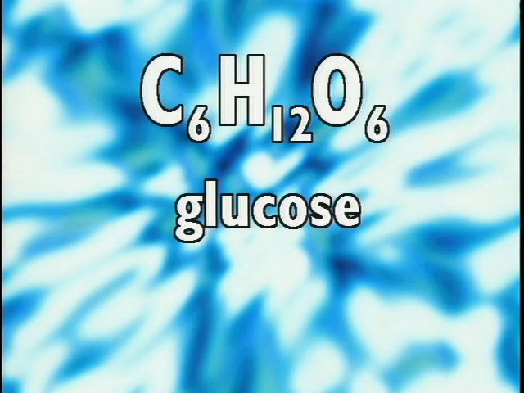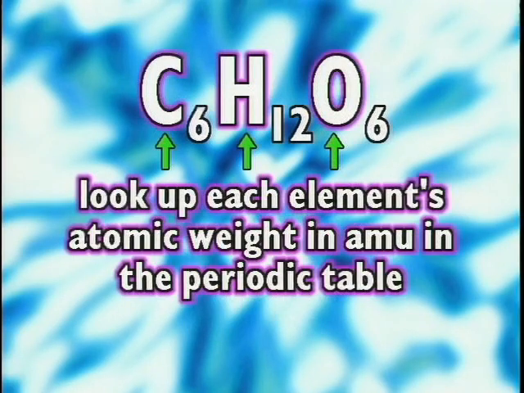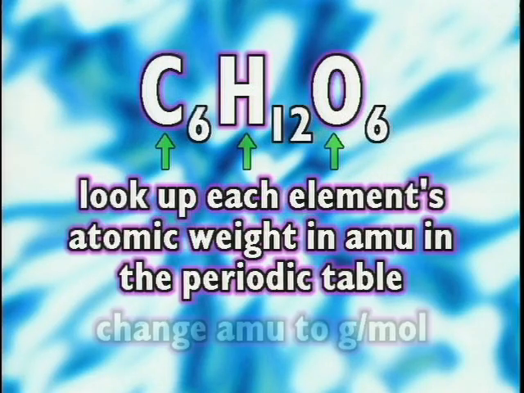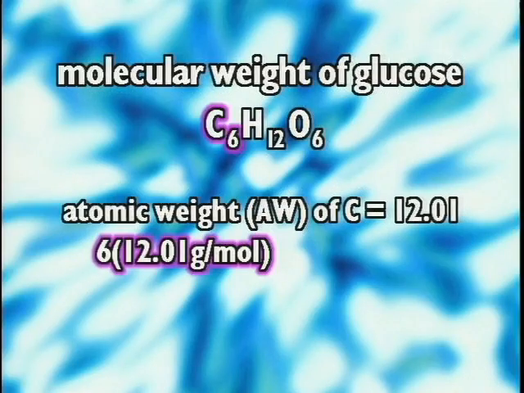Like we did before, we'll express the weight in grams per mole. Remember, it's easy to find each element's weight in grams per mole. You just look up each atomic weight in AMUs in the periodic table and change the AMUs into grams per mole. So here goes. The 6 carbon atoms in glucose multiplied by the atomic weight of carbon, 12.01 grams per mole, equals